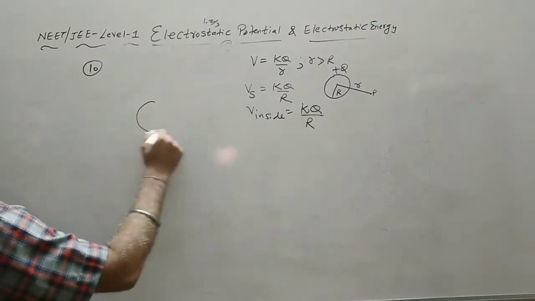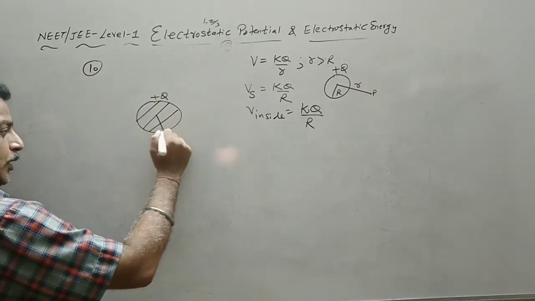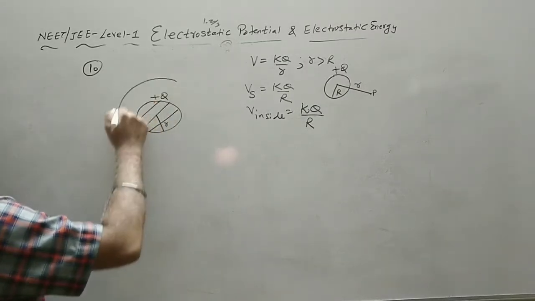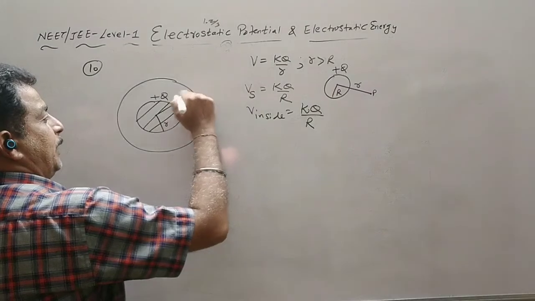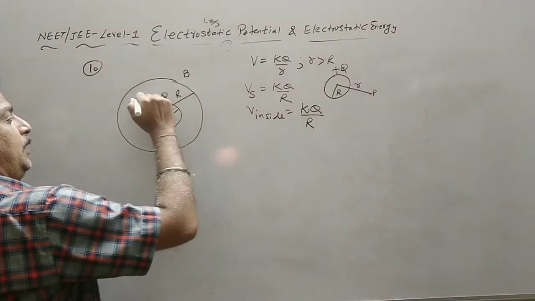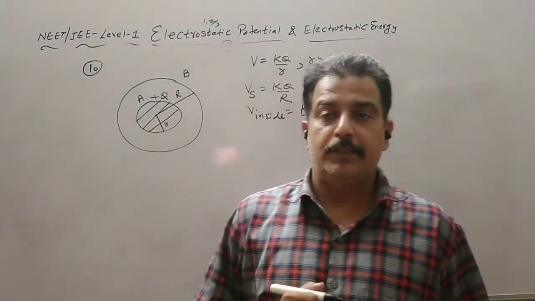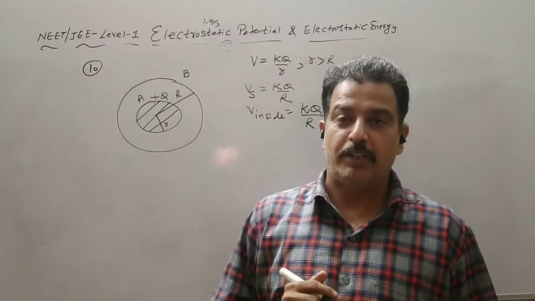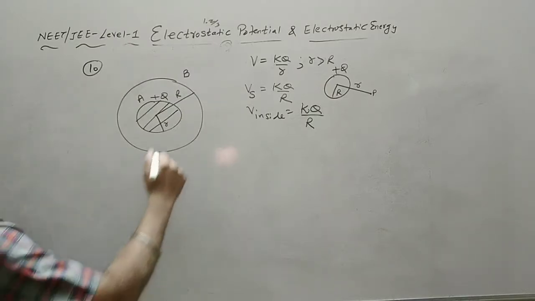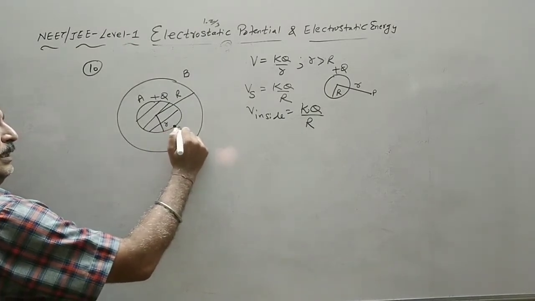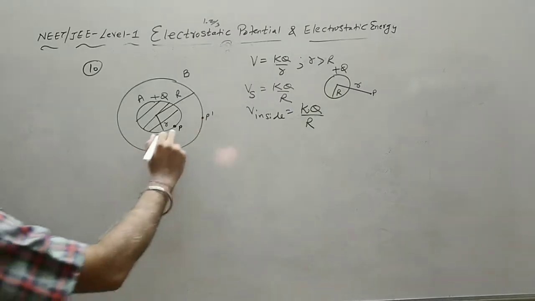Now in this question we have a solid sphere having charge plus q. The radius is not given. Let us take this radius as small r, and we have a concentric hollow sphere. Let its radius be capital R. We name this sphere as B, this sphere as A. Now it is given that the potential difference between the surface of these two spheres is V. So let us take a point on this surface, say point P. This is a point P dash. So we find out the potential at point P.